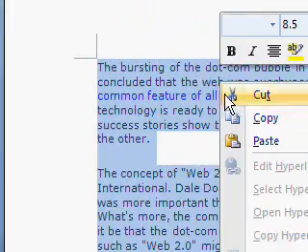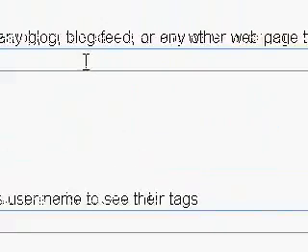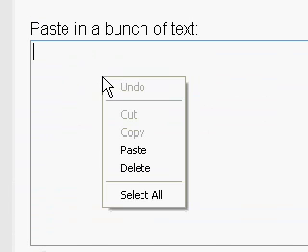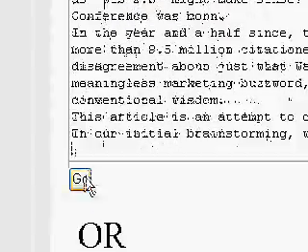So if I right click and copy that, then I can take it and put it into Wordle to create it. So here we have Wordle, paste in a bunch of text. We paste in the text, yep. And then underneath go to go,